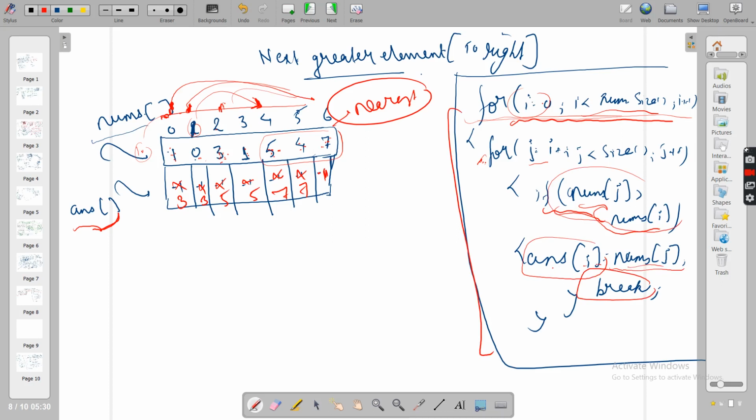And what is the complexity? I hope you can guess it. Order of n square. For every element you have the possibility to go till last. This break may or may not be encountered, depending on this if condition. So the possibilities are that you will go for order of n square. Let's analyze one of its iterations. See guys, you are doing n number of iterations; you were running this loop n number of times.